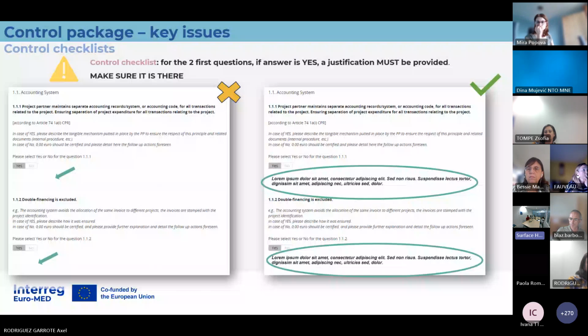You can create a new checklist, of course. You can clone the checklist and create another one with the same information and then add some information if you want. But one checklist, once you finished it and the controller submits the control work, then it cannot be reopened. So just know that we will also check this. This has to be checked by the lead partner too. And if we check it and we see that there are no replies to those questions, we will ask for that reply.